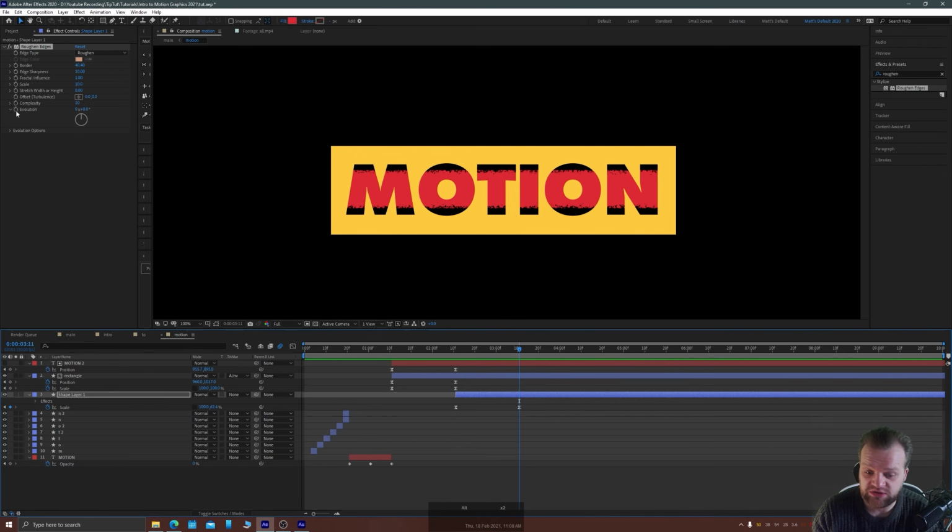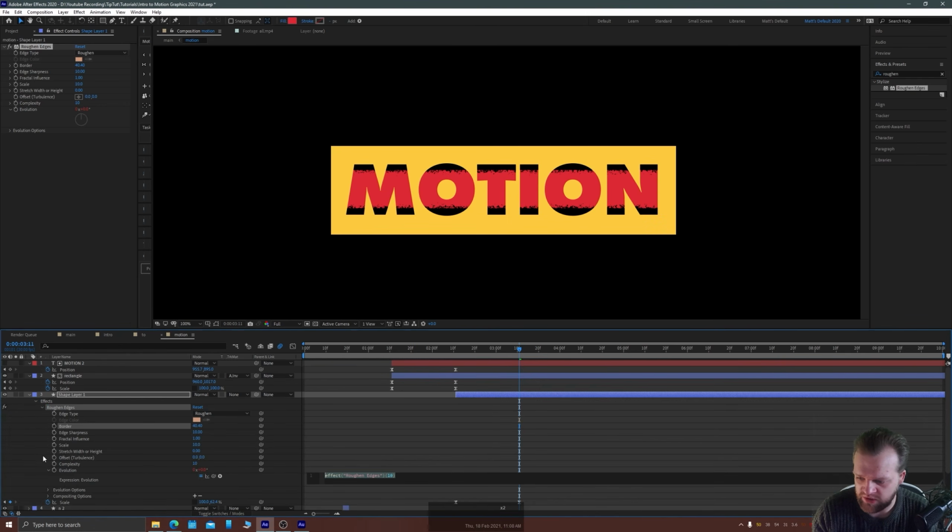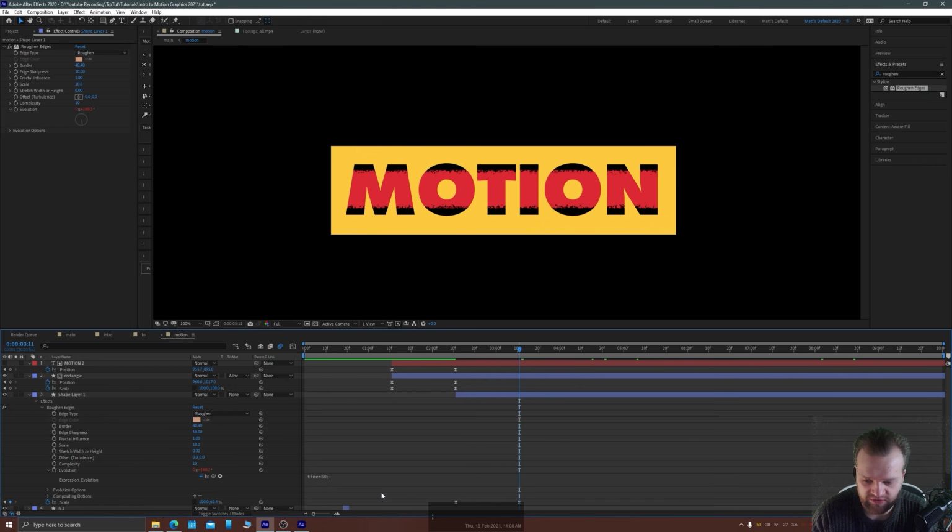So instead I'm going to alt click, so hold alt and click this evolution keyframe, which opens up the expression window for that specific thing. Very simple, time, and then asterisk, which is the calculator command for times, as in, 4 times 5 or whatever. Time times, let's put 50 in there, see what happens. And then a semicolon to close that line of code. All this means is over time, at a rate of 50,